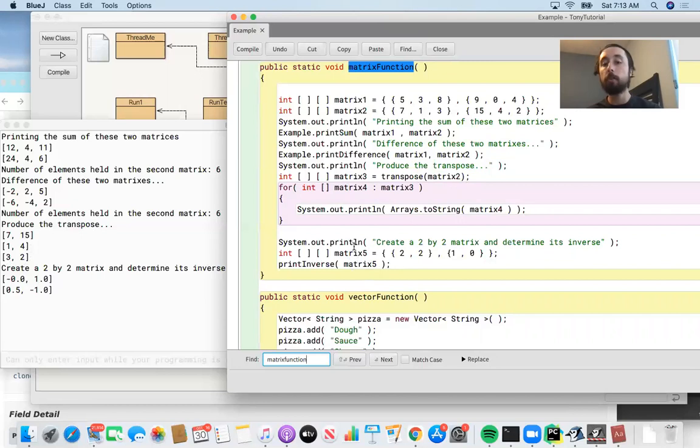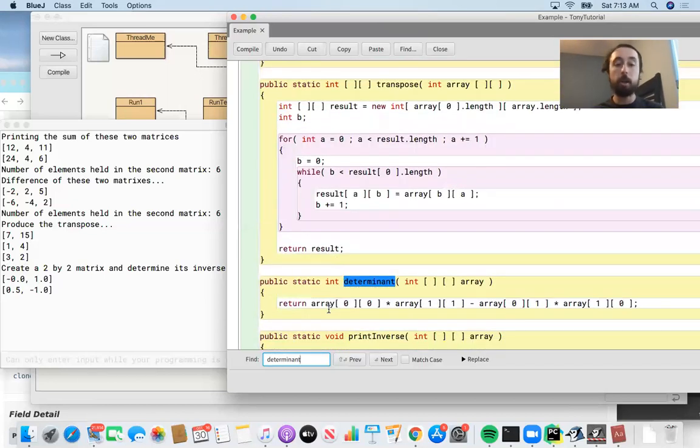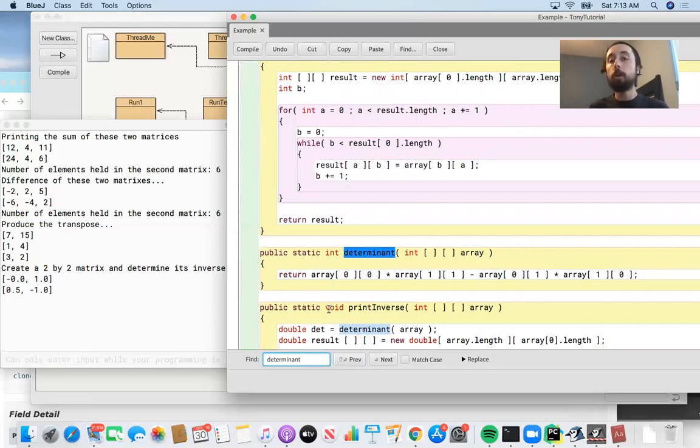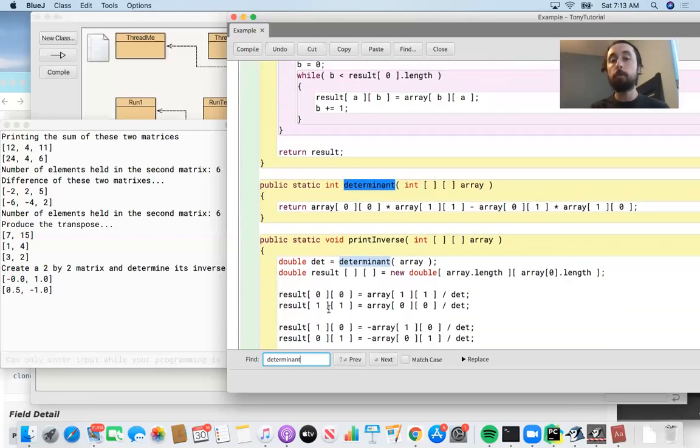And then if we say system.out.println of create a 2x2 matrix and determine its inverse. So I guess we're running out of time to talk about this. It goes more into linear algebra, but you could have a two-dimensional array where each one-dimensional array has 2 ints in it. So you have like 7, 9 in one of the arrays, then 5 and -2 in the other array. But we can come up with something called a determinant. This would be array of 0, 0 times array of 1, 1 minus array of 0, 1 times array of 1, 0. I think this is out of the scope of these videos,